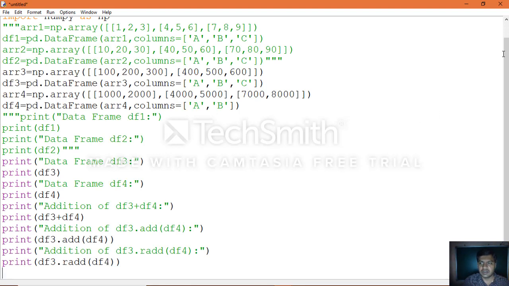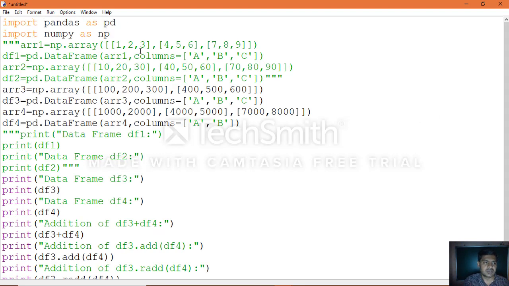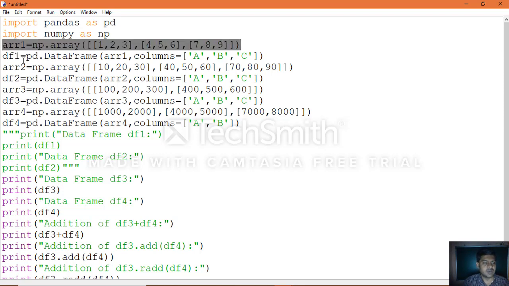So what we will do here, just as usual: import pandas as pd, import numpy as np, then create the array object 1, then create data frame object 1. Then create array object 2, create the data frame object 2, then create the array object 3.